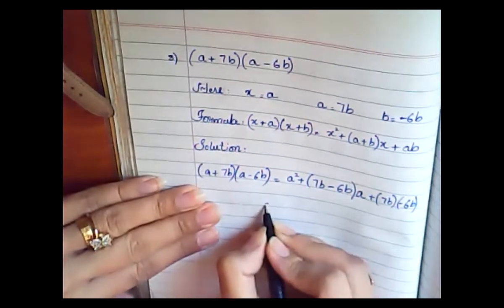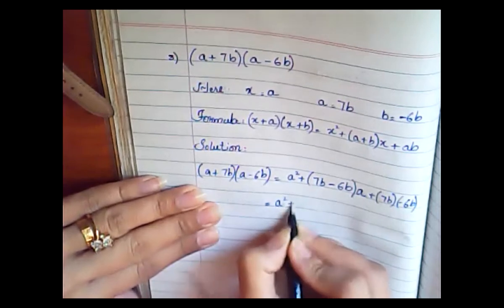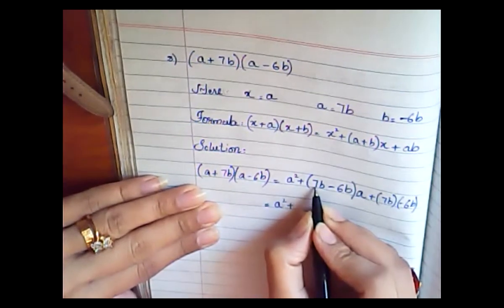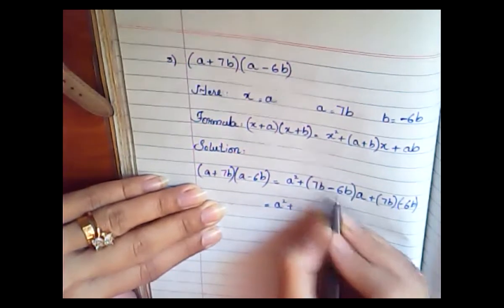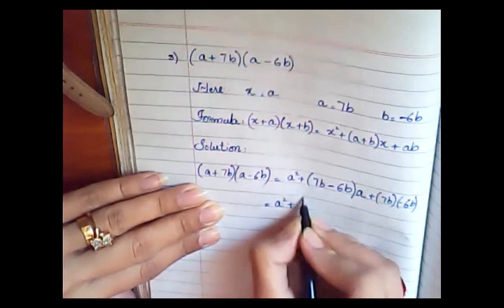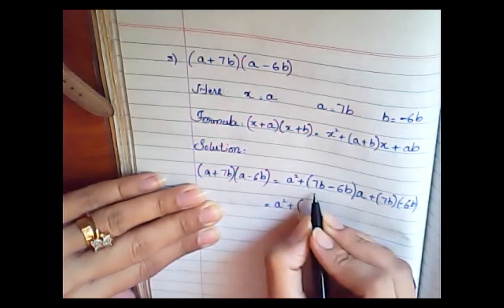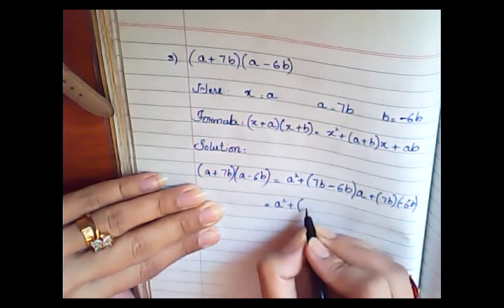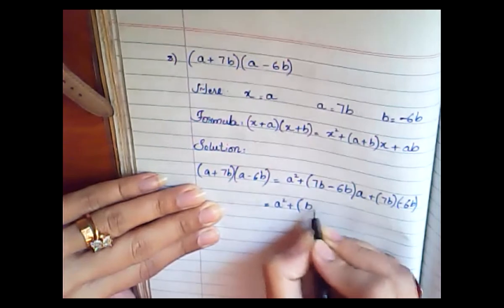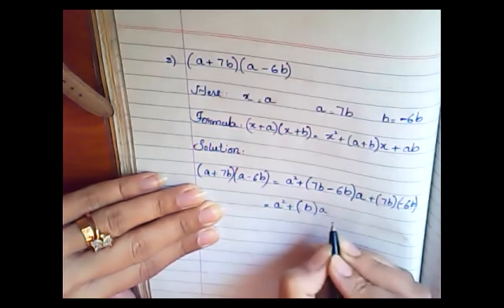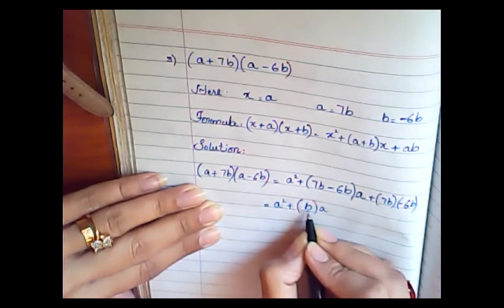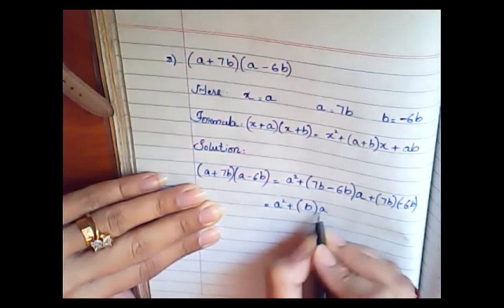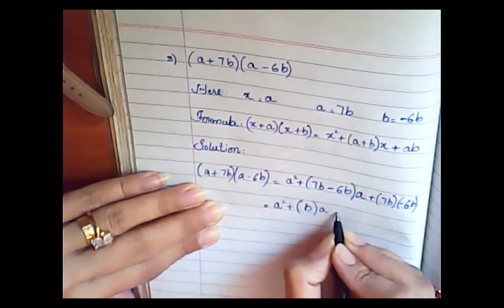Now, so simple. Tell me one thing, 7 minus 6. When the positive number is greater, what will be the answer? Very good, Ali. Now we get 7 minus 6 is 1b. So we are not going to write 1 as a coefficient over here. We get b only. And then bracket close, we get a.